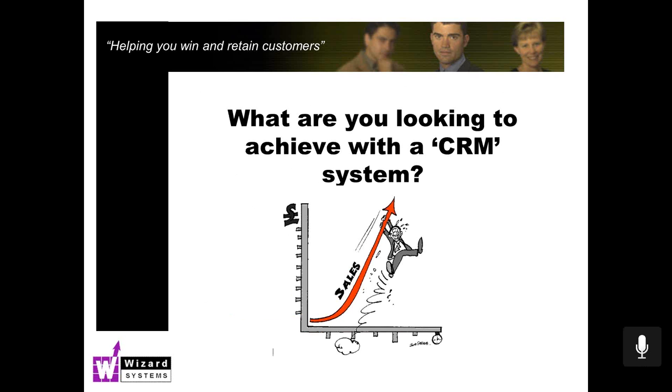So, what are you looking to achieve with a CRM system? Everyone's got a different agenda, issues they're looking to solve, objectives they want to achieve. Maybe you're looking for better reporting, better management of your sales team, better marketing, improving customer service, improving response times, or a combination of all of those. So that's really what we want to try and get to in any further follow-up with yourselves, is what are the key things we need to concentrate on, and how will you measure the effectiveness of your investment in Workbooks? What ROI are you looking for?